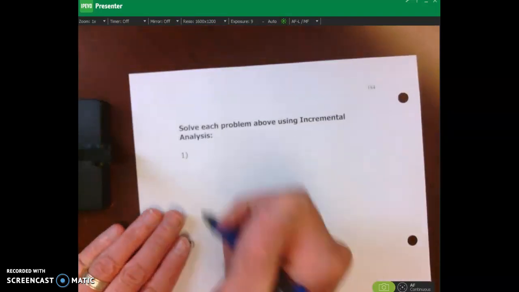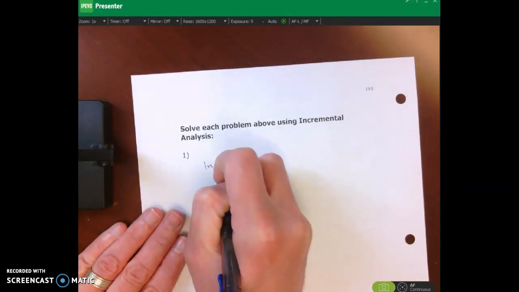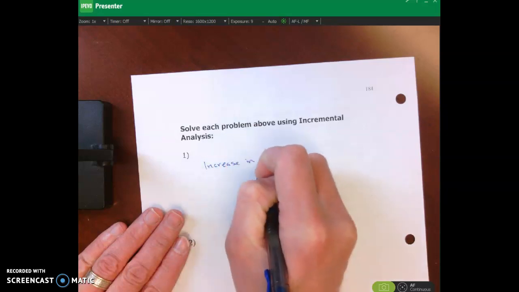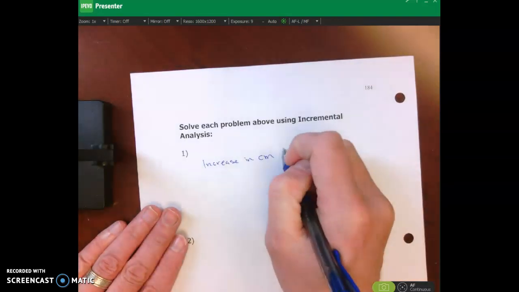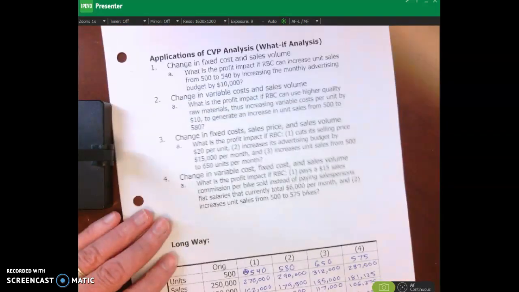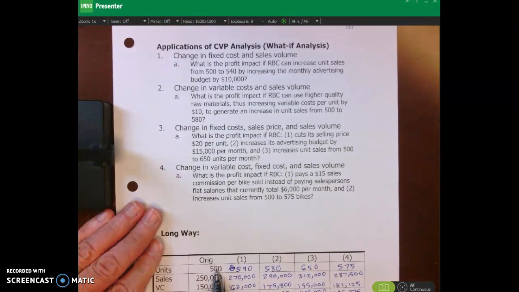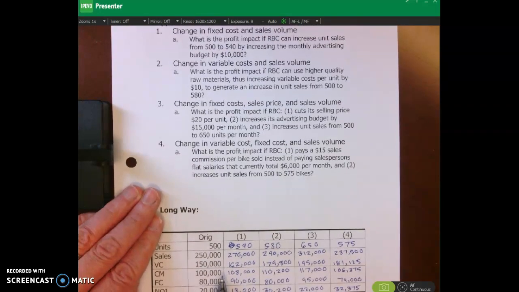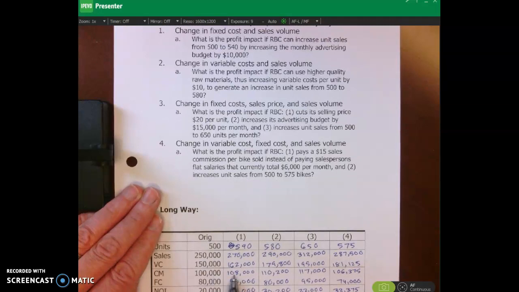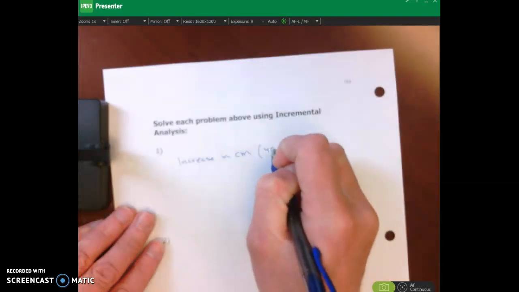So what we can do is we're going to say, what is our increase in contribution margin? So we're going to look at the change in contribution margin. Well, in this case, we know we had originally 500 units and now we have 540 units. And we're not told anything about the contribution margin per unit changing. It still stays constant at $200 a unit. So all you need to do is to say, well, okay, I have 40 units at $200 per unit. That gives me my increase in contribution margin,